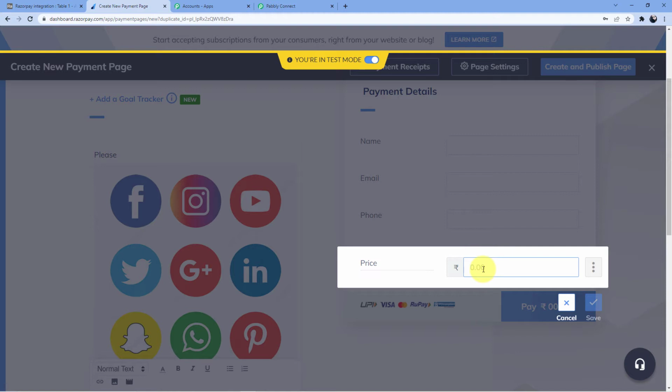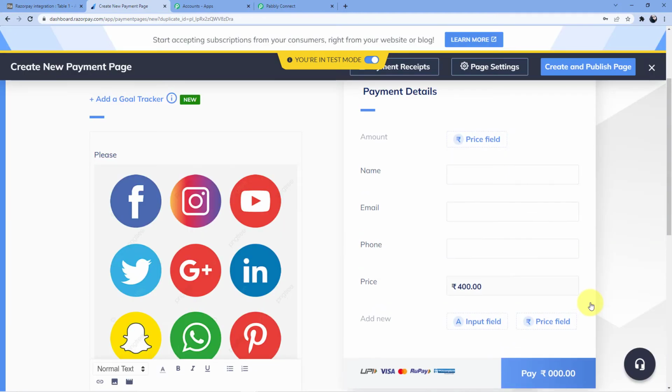And the amount of this course will be 400 rupees. Okay, so you can see the price of this course is 400 rupees. Now whenever someone buys this course from me, the data will automatically be saved to my Airtable database.